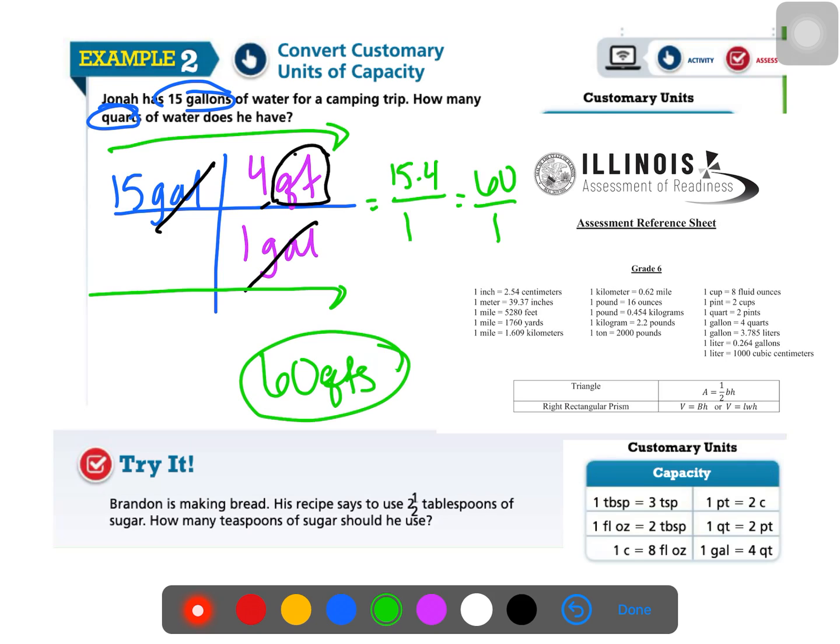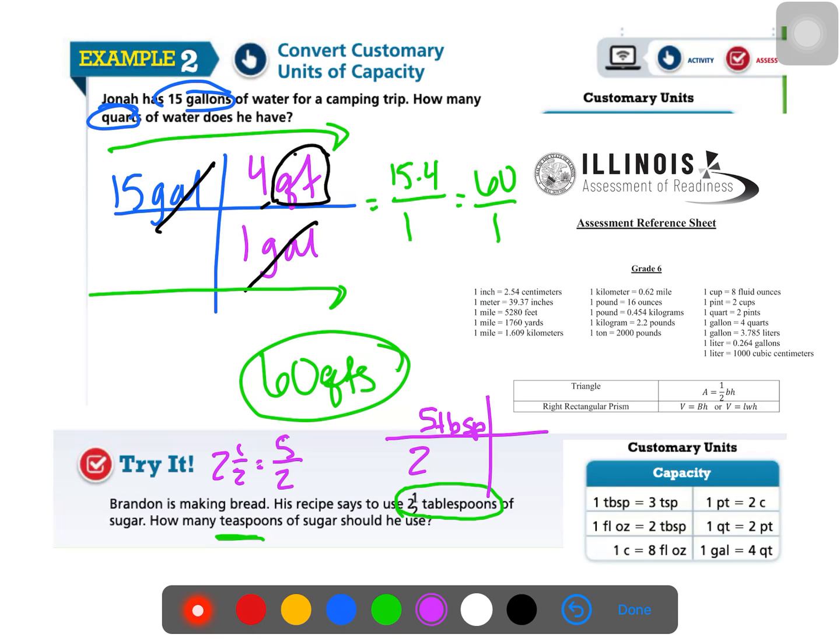Now my one at the bottom, the try it. You follow this and do this one with me. Brandon is making bread. His recipe says to use 2.5 tablespoons of sugar. So how many teaspoons of sugar is this? Well, I have a mixed number. So what I need to do is say that my 2.5 is actually equal to 5 halves. So I'm starting with 5 halves